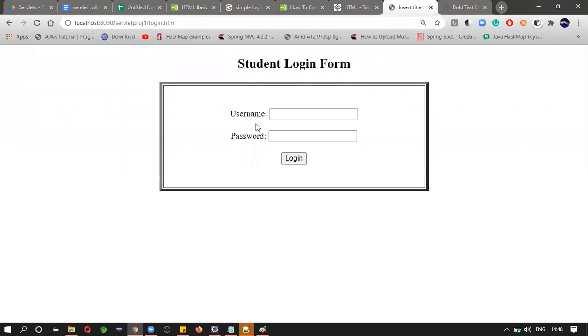See, our page is being displayed, right? So inside this application, you are able to find this login.html. If you make any changes in this URL other than this, you will get the error. So whenever I try to click on login, this data must be transferred to the server side, right? Must be sent to the server, so that we need to process the data and we will display the home screen or whatever the page we are interested to display to the client, right?